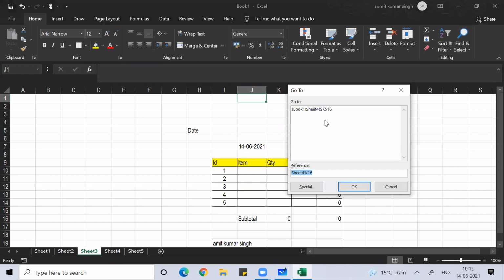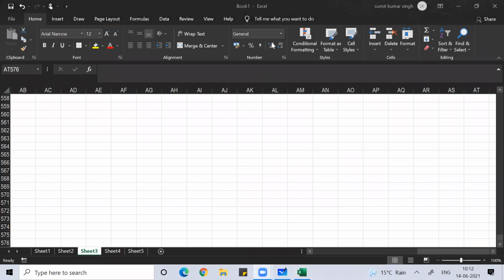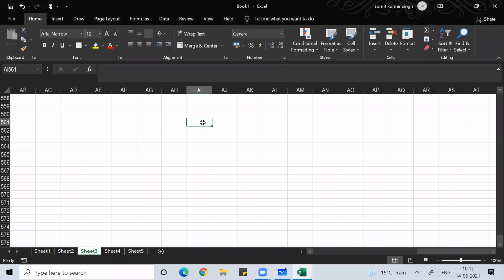Press Control G, and whichever cell you want to go to, if I say 8576, you write 8576, press Enter, and you will reach 8576. The shortcut key for that is Control G.